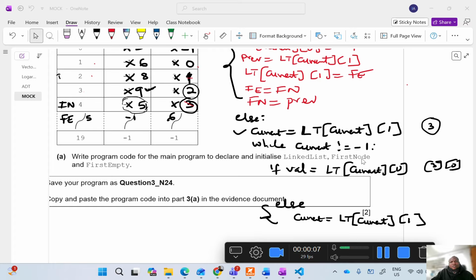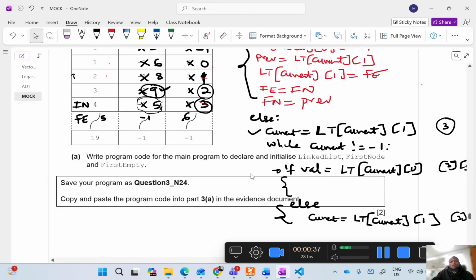So what does that imply? So if value is equal to linked list of 3, 0, it is not equal, right? So let's leave this space to write for the code when it is equal. Since it is not equal, then the current should be equal to 2, right? So that means that current should be equal to linked list of 3, 1. 3, 1, isn't it? And 3, 1 is 2. Since 3, 1 is 2, it goes back to the while loop, okay? It goes back to the while loop to check whether current is not equal to -1. So since the value of current is not equal to -1,